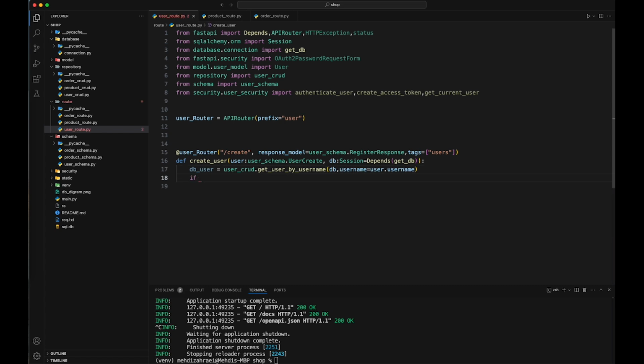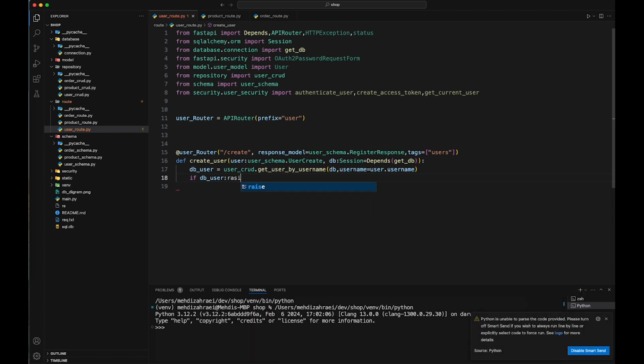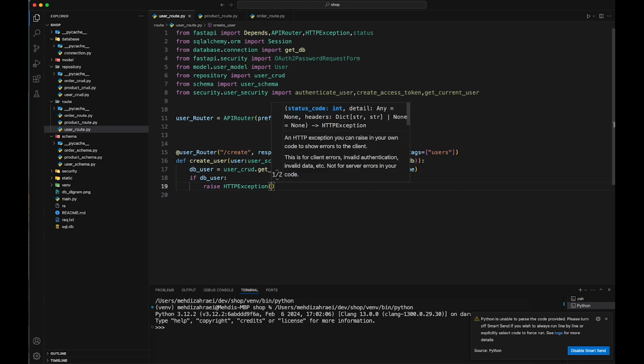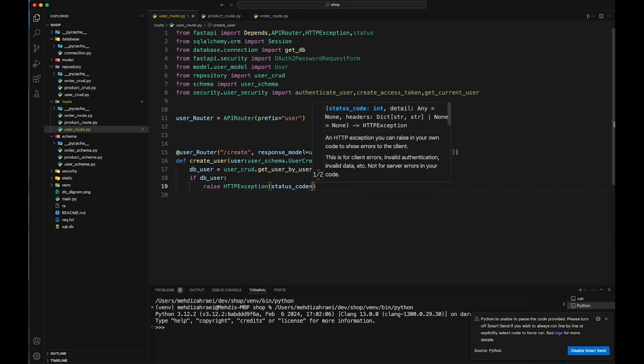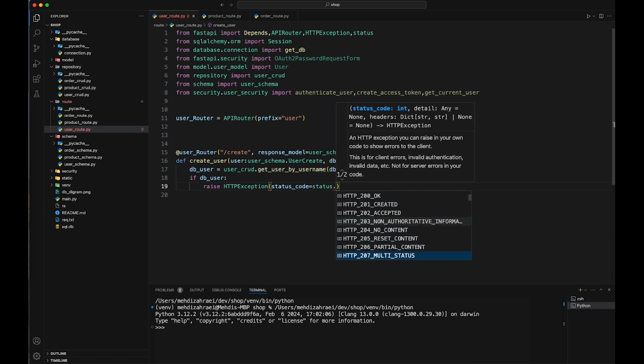And if the DB user exists, we need to manage this user, and I will raise an HTTP exception, with the status code being status dot